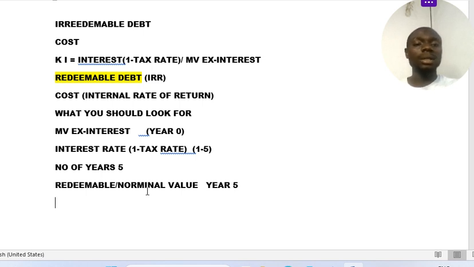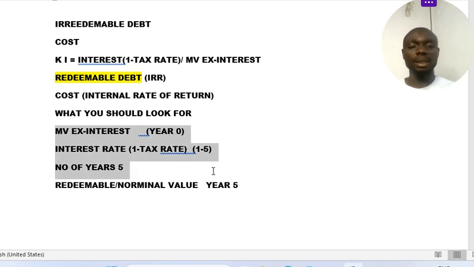Now, how do we use internal rate of return to determine the cost of redeemable debt? It is the positive NPV and the negative NPV. So we already know that these are the ingredients. I call it ingredients that we should look for in every question or in real life situation. Now, how do we determine that? So the cost of redeemable debt will be